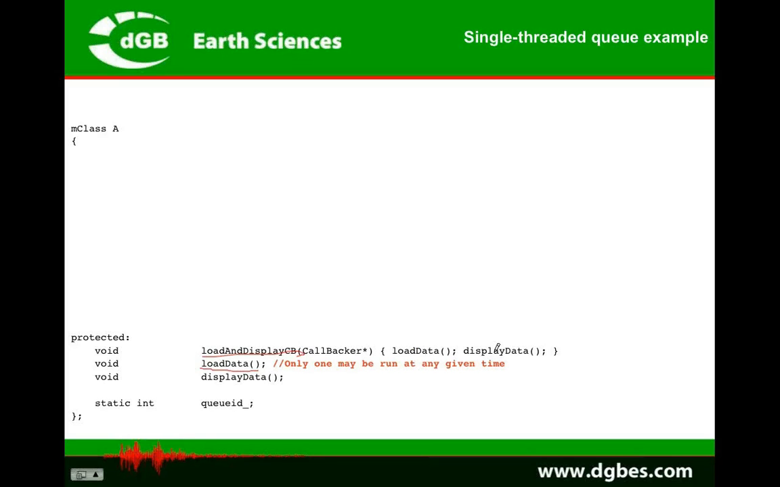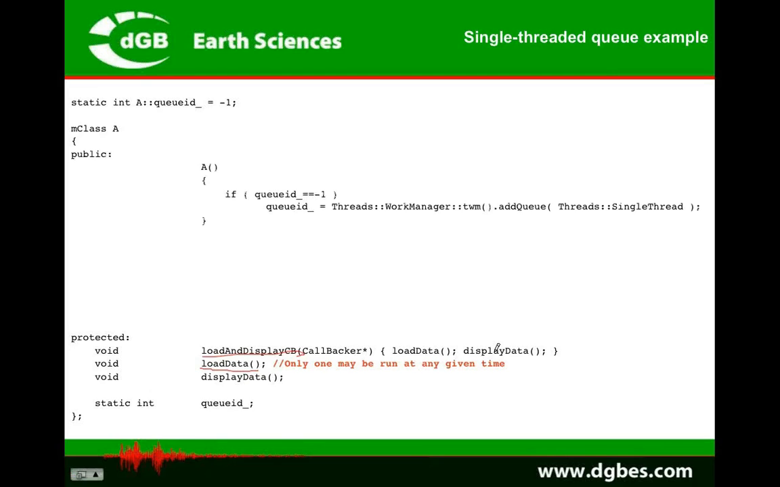Now we'll have a queue ID, which is a static variable that we have, and somewhere in the CC file, the source file, we'll initialize that to say -1, so we know it's not initialized. We have a constructor, and if this is the first time run, we go ahead and add this queue, a single-threaded queue,